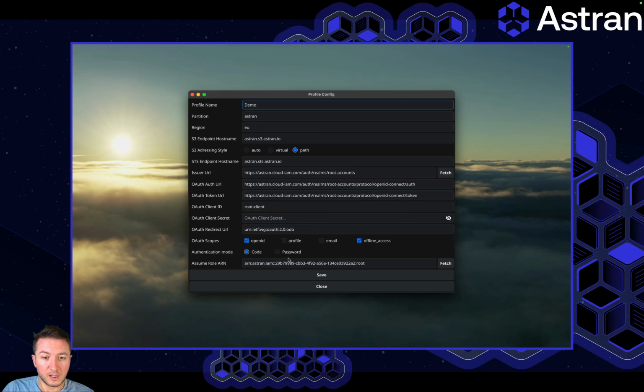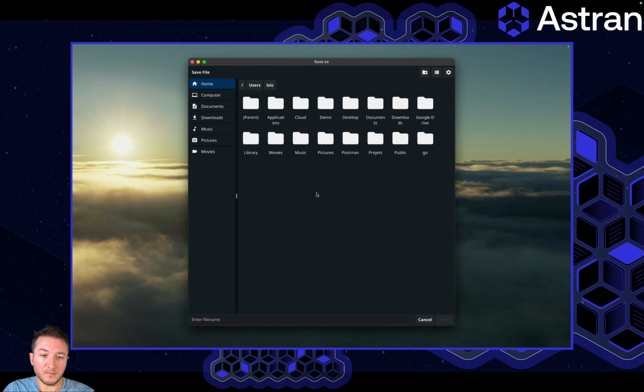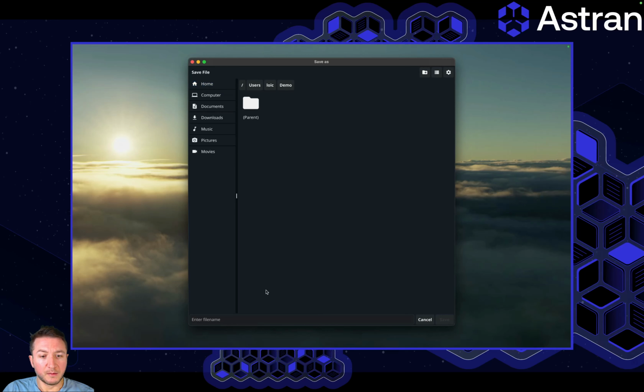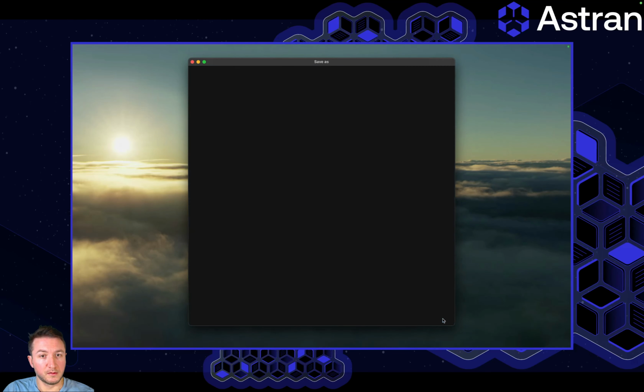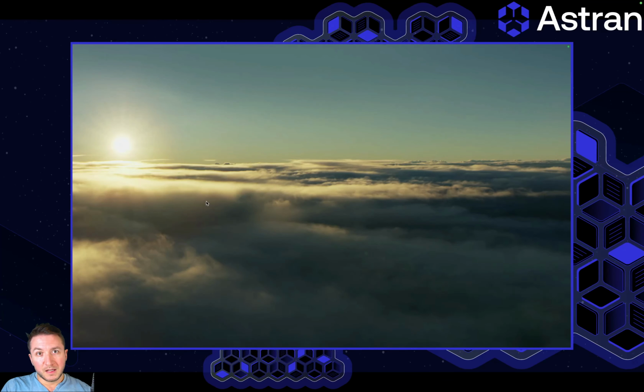Now the role is set, you can save the profile and click on it to be able to export it as a CyberDuck profile file. By giving it a name, you will be able then to double click it and it will open CyberDuck by creating a new bookmark with this profile. Very easy. So let's just do that right now.